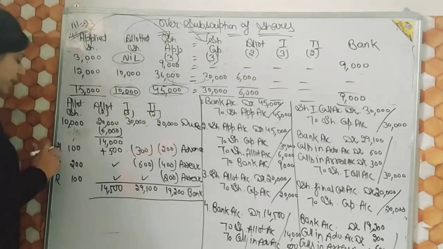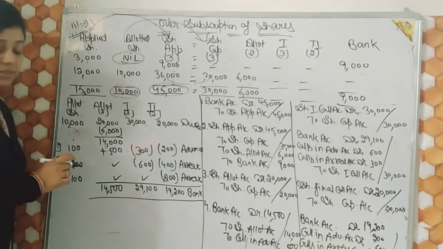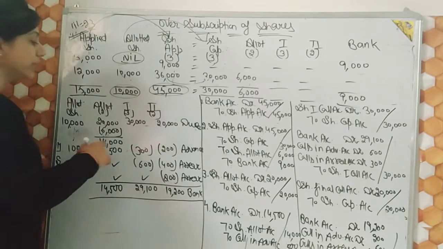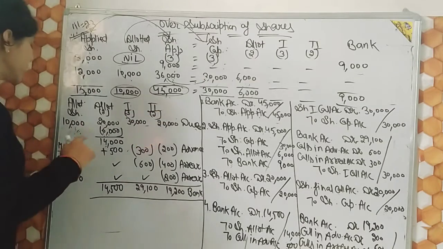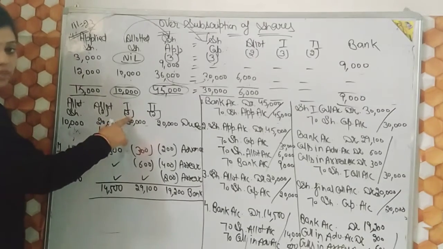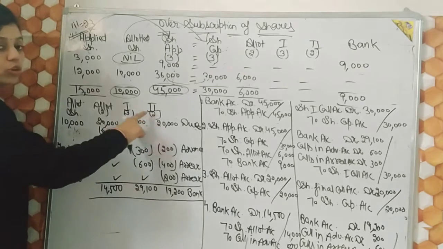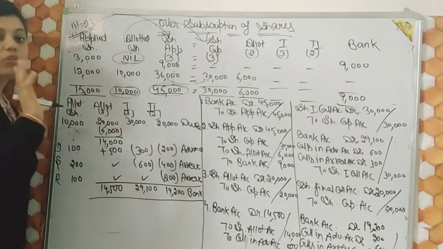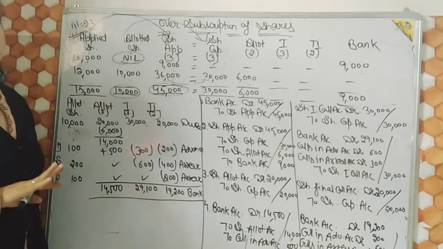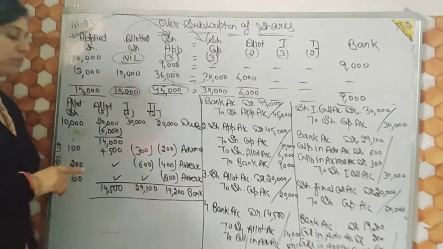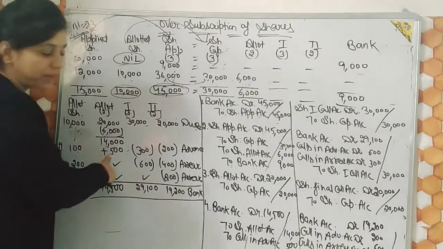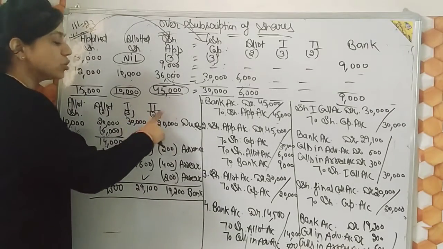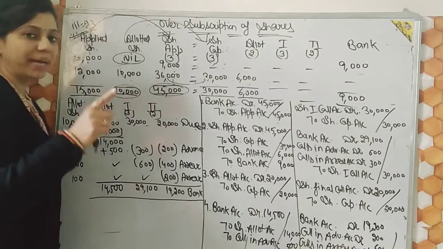First person, Mohan, who has 100 shares. He paid the first call and second call in advance along with the allotment. So the first call is 3, the second call is 2. So 3 plus 2 is 5. Rupees 5 will be paid by Mohan in advance on allotment. So 100 multiply 5, 500 will be the advance. So it should be plus at the time of allotment. But in the first call and second call, it should be minus.